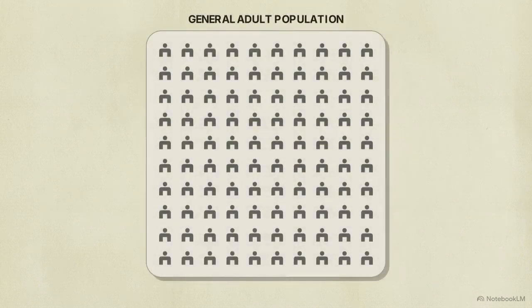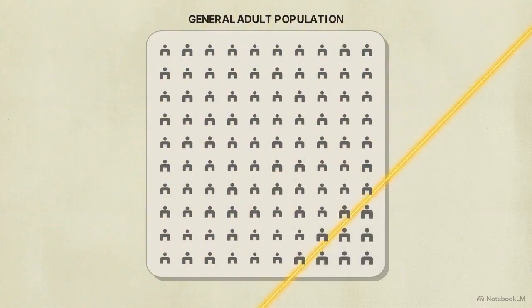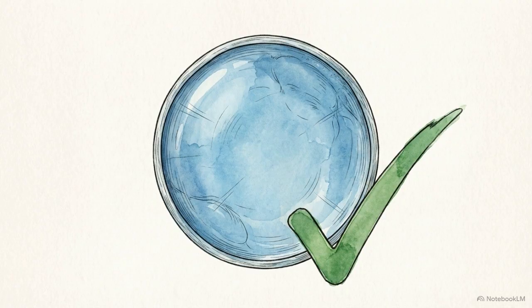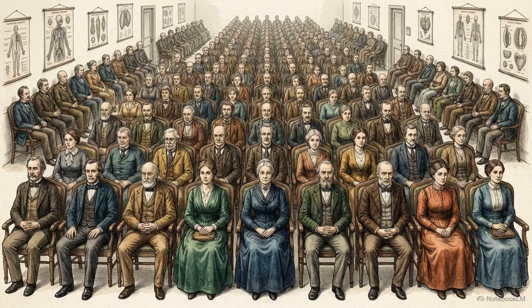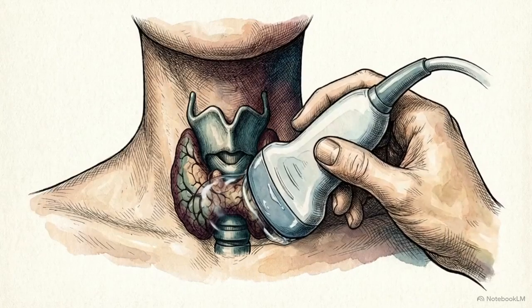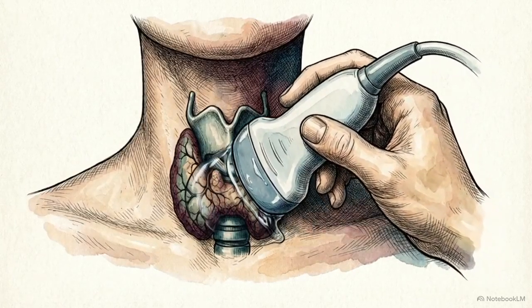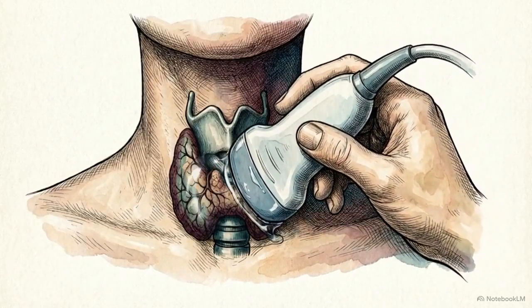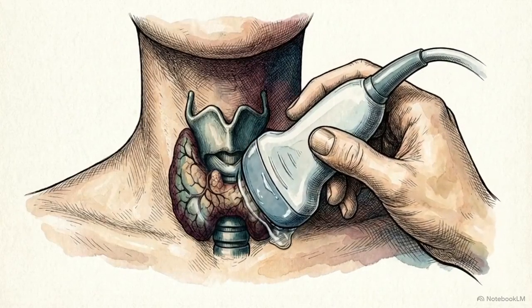The central challenge of thyroid radiology is prevalence. Thyroid nodules are ubiquitous in the general adult population. The vast majority of these are colloid nodules, entirely benign fluid-filled cysts that pose zero threat to the patient. Because nodules are so common, they trigger an immense volume of imaging. Ultrasound-guided fine needle aspiration of these benign masses represents a massive financial pipeline for medical centers, while frequently subjecting patients